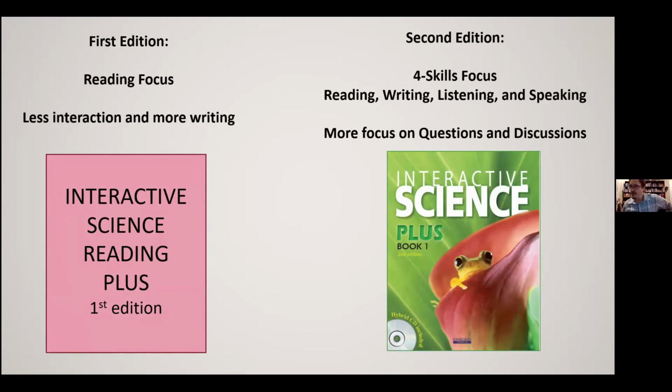Something I thought was very interesting, and I actually want to give a round of applause to the book publishers on this one. This book, of course, is the Interactive Science Plus 2nd edition. I was curious about the differences from the 1st edition to the 2nd edition. I think they made really good changes, because the 1st edition was actually called Interactive Science Reading Plus, and it was reading focused. That meant there's less interaction, more writing, which I'm not critiquing, but it was far more of a reading book. But now with the 2nd edition, they've included,